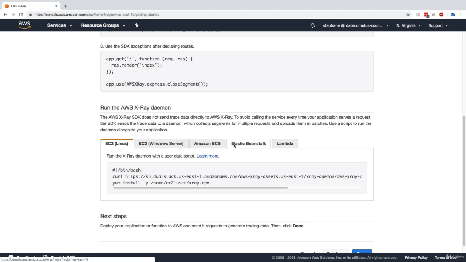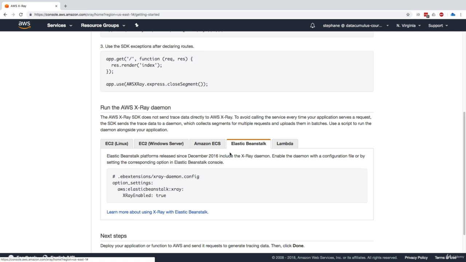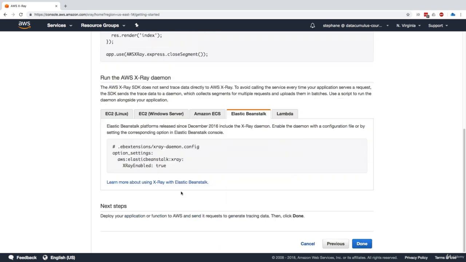The other thing I want to show you is Beanstalk, because I think that can come up at the exam. How do I enable X-Ray on Beanstalk? Well, if you remember, Beanstalk can be extended, and for this we can use EB extensions files. We'll have a directory at the root of the code called .ebextensions, and within it we'll create an xray-daemon.config file. Within it, we'll just include these 3 lines of code saying that X-Ray is enabled. And that's it really, but it's something that can come up at the exam. Elastic Beanstalk needs to have this little EB extension file for it to have the X-Ray integration enabled.